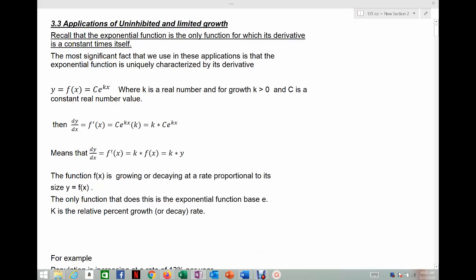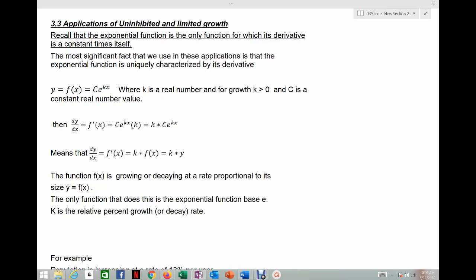Alright, so today's video is the start of section 3.3, which is applications of exponential growth. First we're going to look at uninhibited growth, and then we're going to look at limited growth. Recall the exponential function is the only function for which its derivative is a constant times itself. This is actually very significant. This is a very important and unique characteristic of its derivative, and that's what we'll be using in these